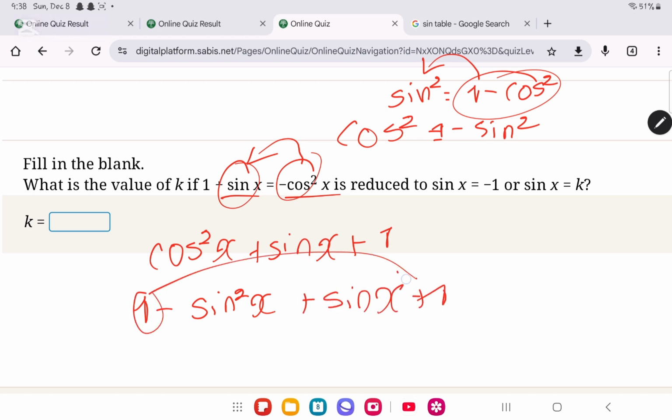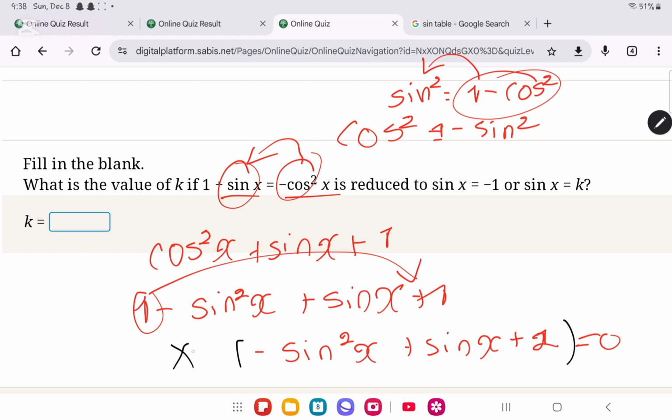You bring this to the other side, you're going to add them. So minus sine squared x plus sine x plus 1 plus 2 is then equal to 0. But remember, always the first one is supposed to be positive. So to make it positive, we're going to multiply the whole thing by minus 1. And then we're going to get sine squared x minus sine x